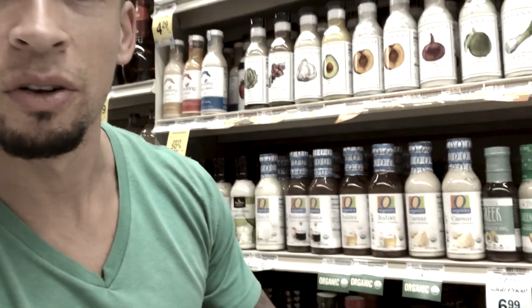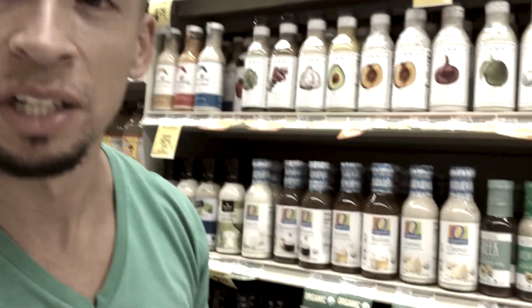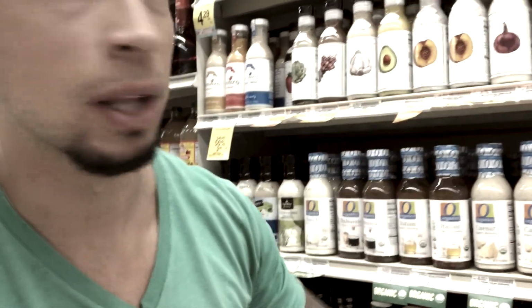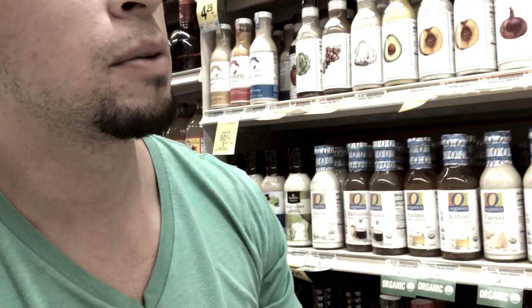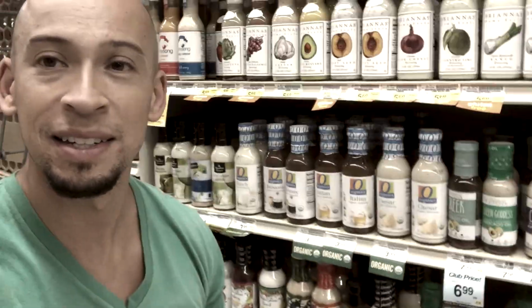But the thing is, I don't know if you can tell, I'm sitting down on the floor because we're at the base of the shelving. So clearly, these aren't brands that pay for the eye level, right in the middle, that the bigger brands like Newman's and Wishbone do. So if you're going to look for a dressing, make sure that you look down on the ground